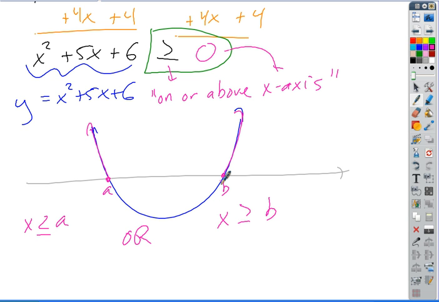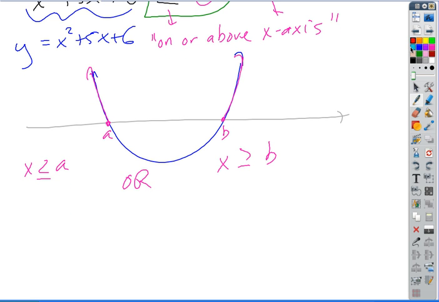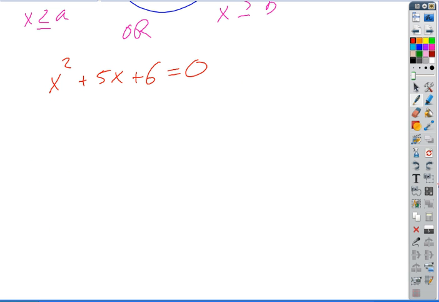So we'll take our original inequality and replace it with something easier, an equation, right? So let's solve that then. We've got the equation x squared plus 5x plus 6 equals 0. Okay, I could always use the quadratic formula. It'll always work. But does it factor? Yes. Two numbers that multiply to 6 and add to 5 would be plus 2 and plus 3. So then if I set the factors equal to 0 to solve for the zeros, the x-intercepts,